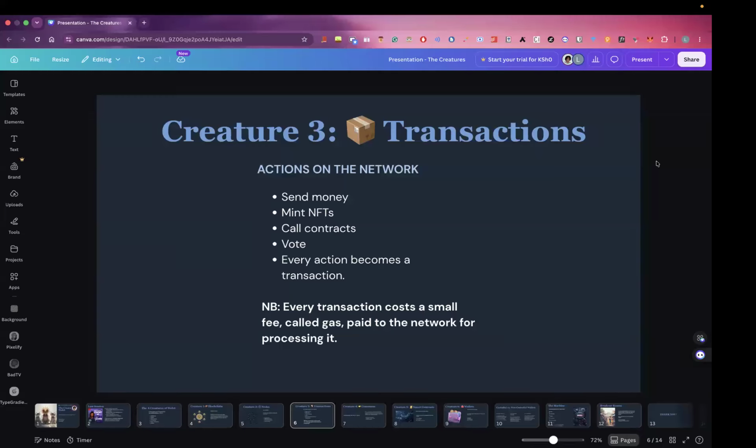Then we also have attributes like the sender address, which is, of course, the wallet that initiated the transaction. We have the destination address, which is the recipient. We have the amount, which is usually in the native cryptocurrency. So if you're on Bitcoin, it's in Bitcoin. If you're on Ethereum, it's Ether, and so on for the other chains. That is the amount in cryptocurrency that is to be sent in this transaction.